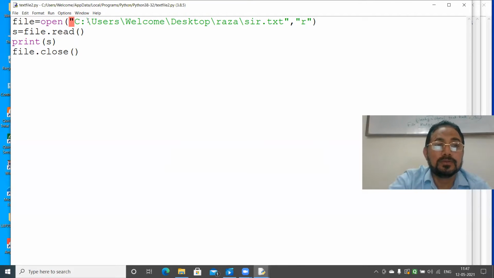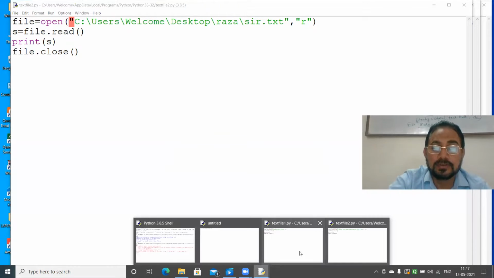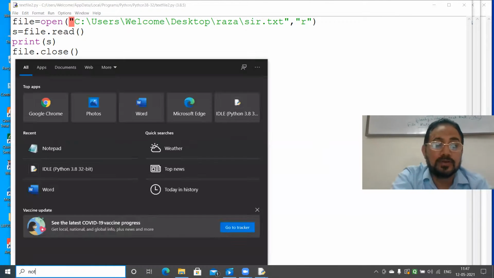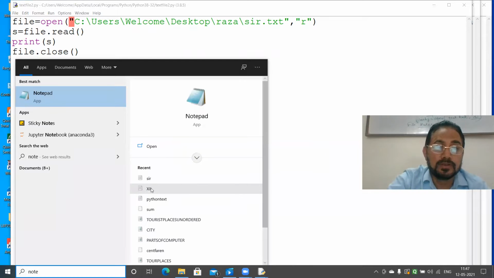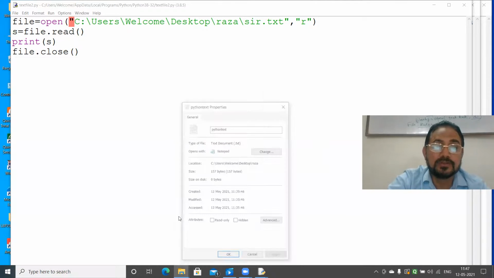The problem. C colon user. This is the location only in the notepad. Notepad, I have opened this. So I will take this file. Properties.